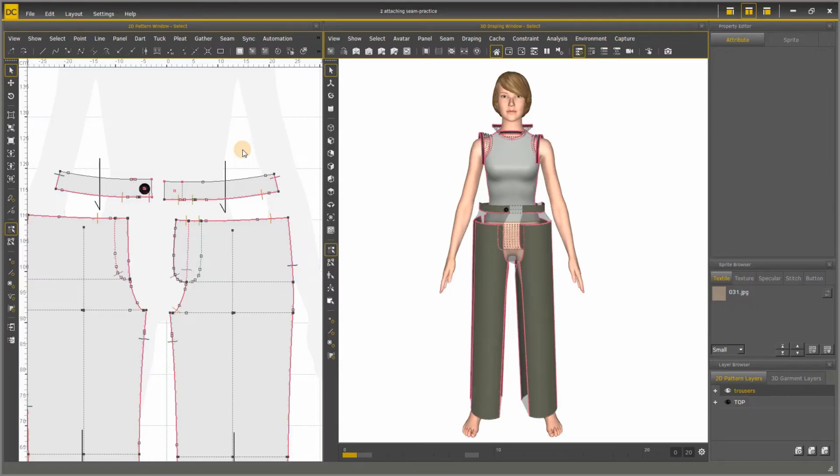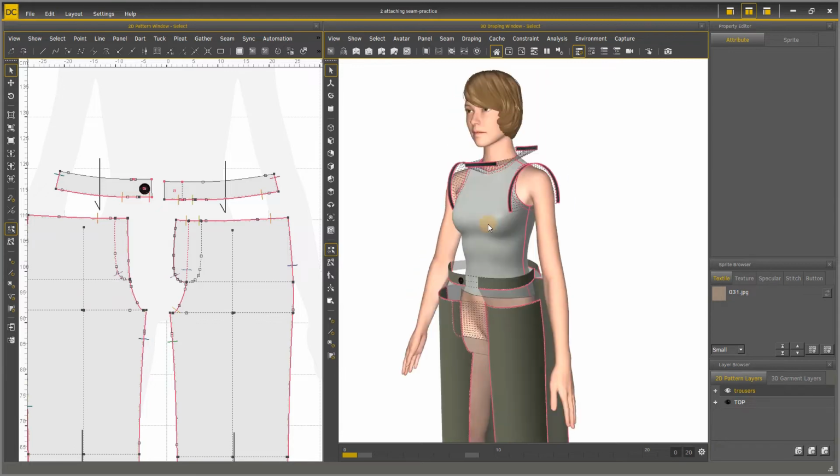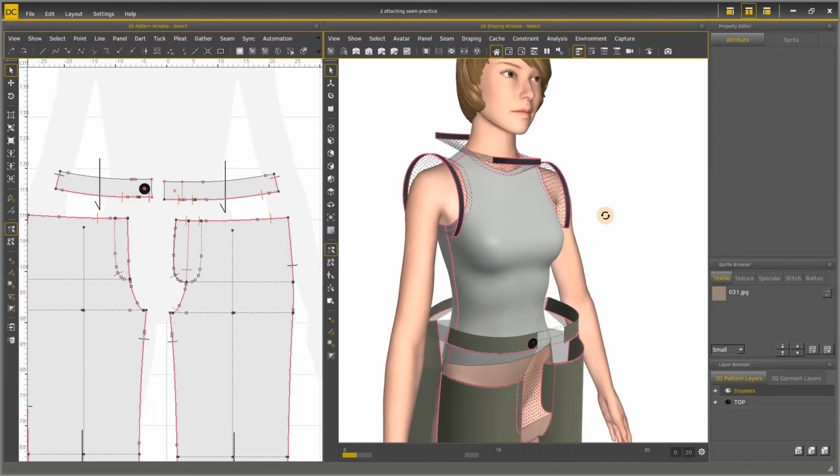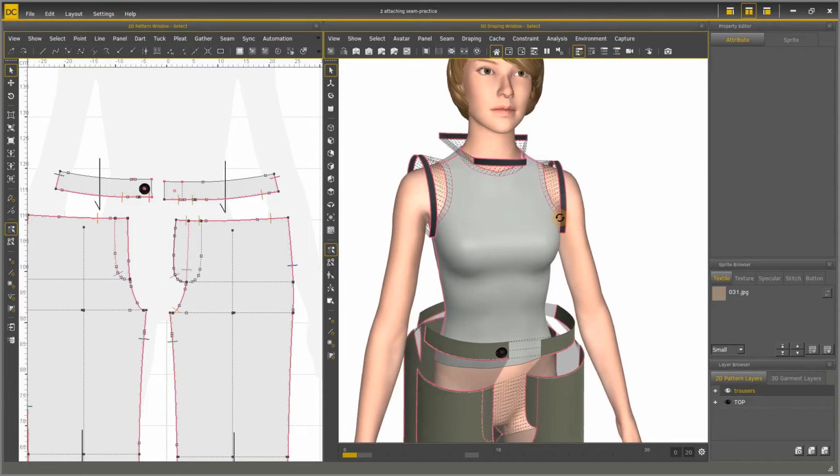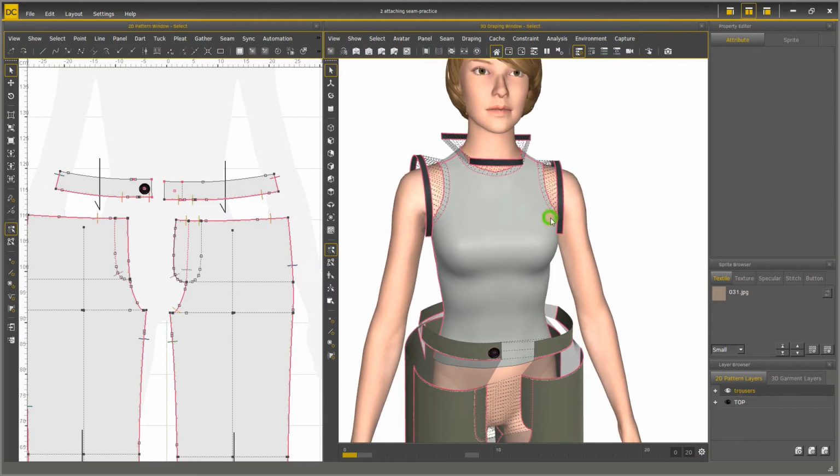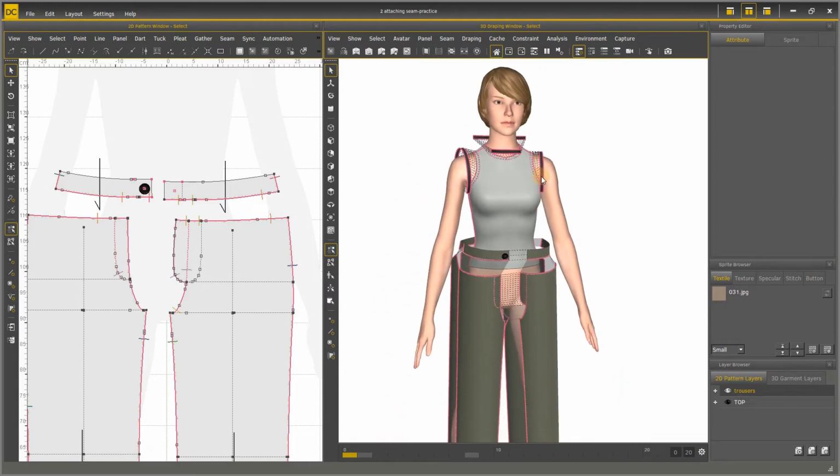After we complete the simulation of the cycling top, next I am going to use another example to show you how we can use different seams on different types of garments to simulate. In the 3D window, we can see that the panels are arranged and stitched together in advance.